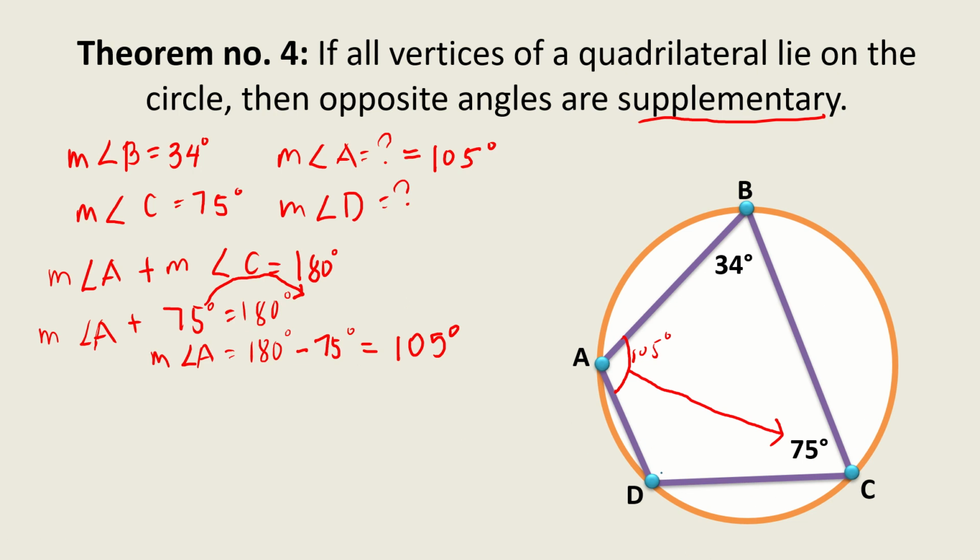So dito naman, si angle D ay ano ang angle na katapat? Ito si angle D. Ano yung angle na katapat niya? We have, obviously, si angle B. So, katulad kanina, pwede nating sabihin, since they are opposite angles at supplementary sila, so we can say that the measure of angle B